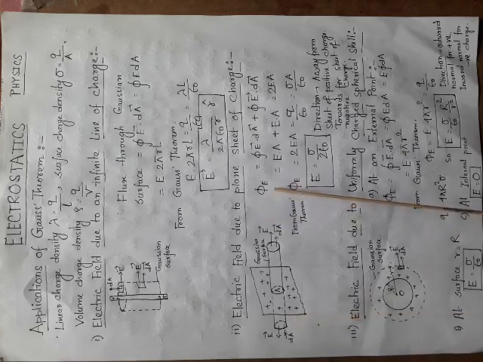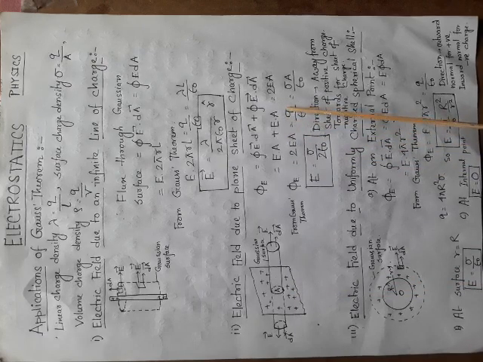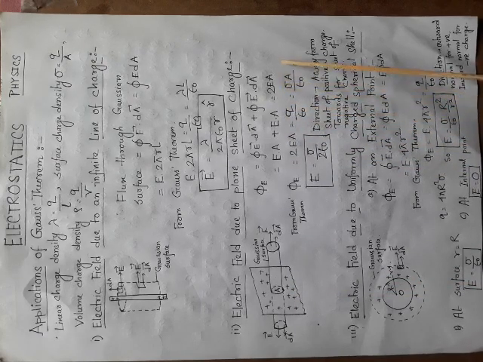So, the total flux phi E is equal to the closed integral of E vector dot dA vector for this part, plus the closed integral of E vector dot dA vector for this part. As both E and dA are in the same direction, theta is equal to 0 degree, so cos theta is equal to 1. So, it also can be written as E into A, as the area I have considered as A, plus E into A. So, it is equal to 2EA. So, the total flux from the Gaussian surface is 2EA and as per Gauss theorem, it is equal to Q by epsilon naught.